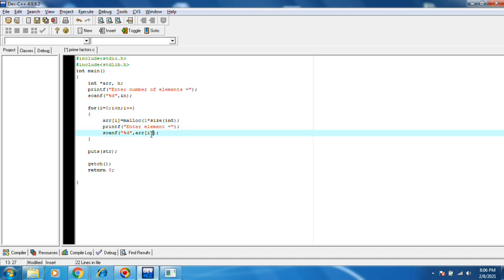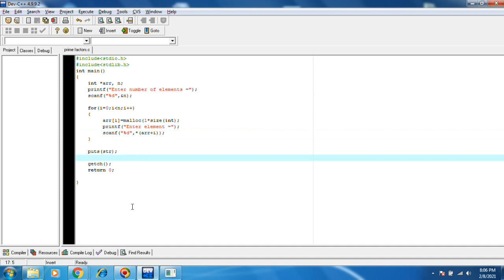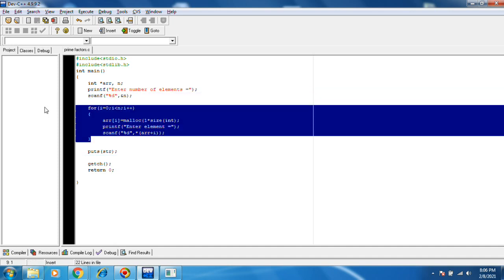Or else you can display using the pointer notation like this, arr plus i, not 1. Now you can print the array elements.